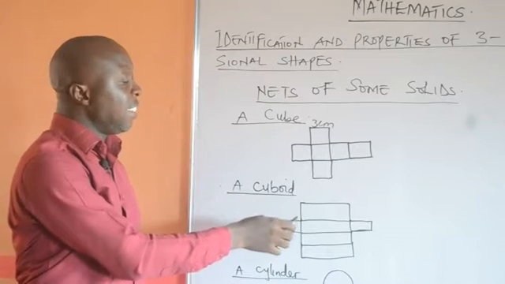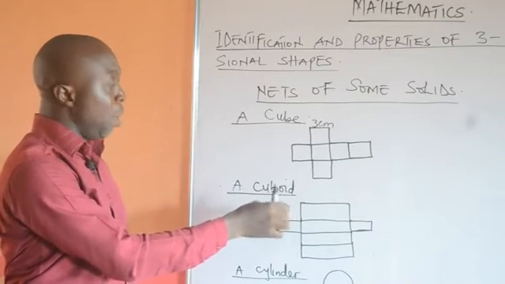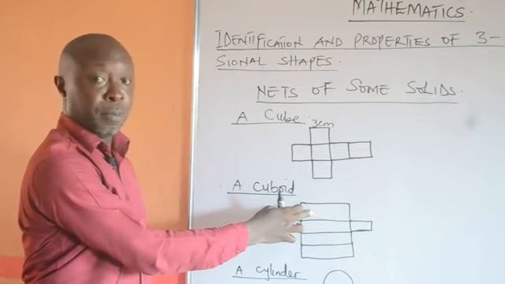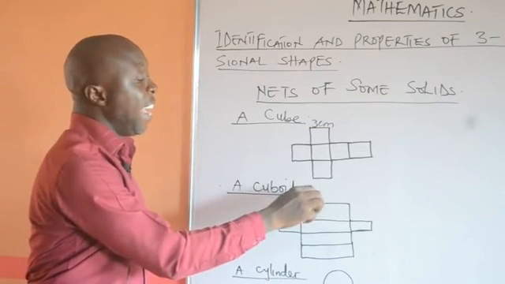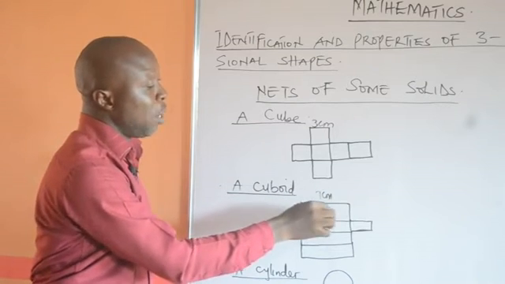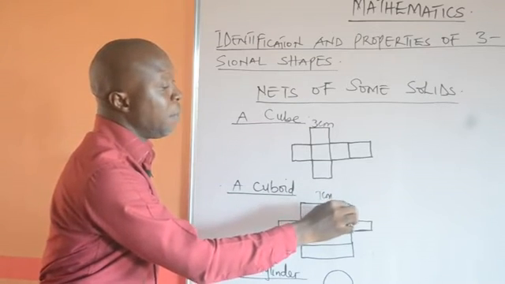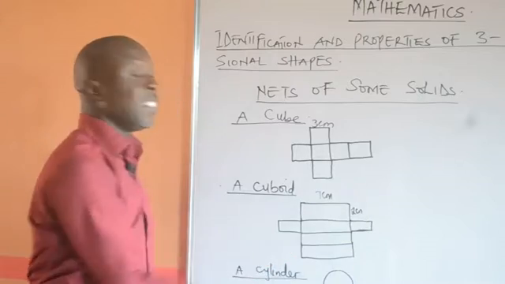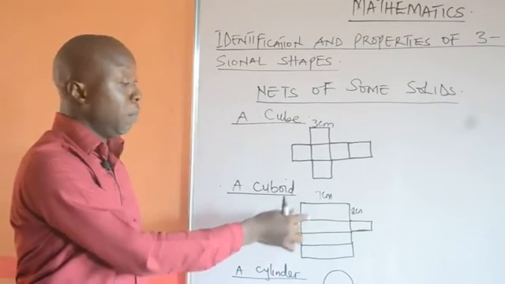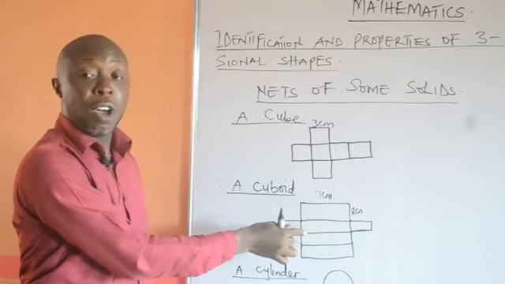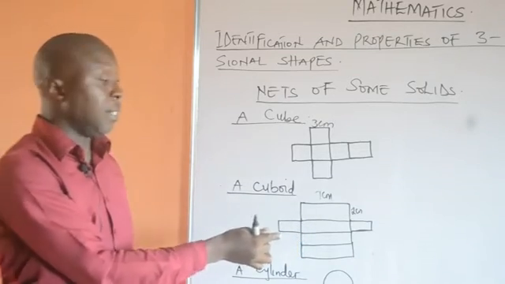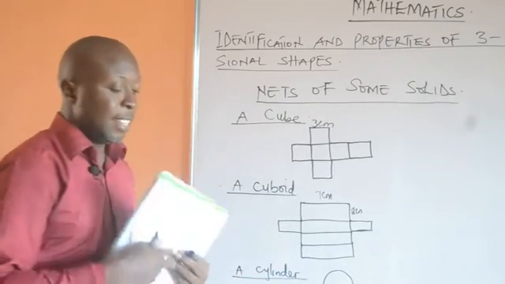Then this is the net shape of a cuboid. If this length is 7 cm, that means you use 7 cm all through, and if the length is maybe 2 cm, you use 2 cm. If you follow this diagram on the board, it should be able to give you the shape of a cuboid or a rectangular prism. Then this is the net